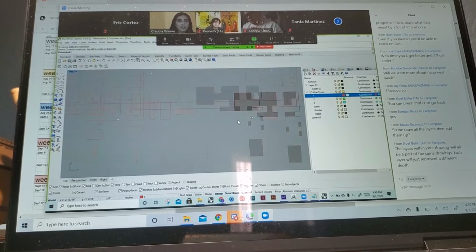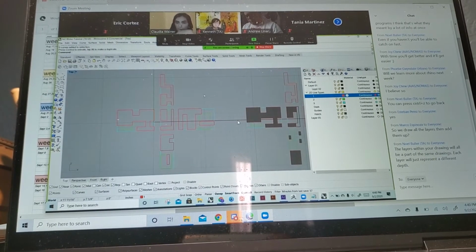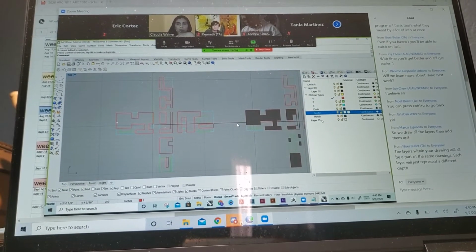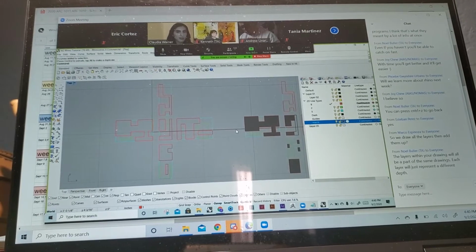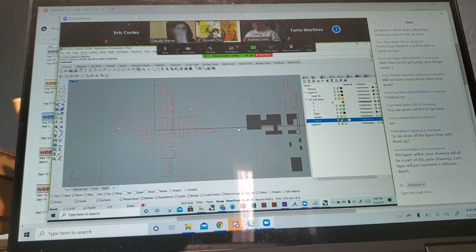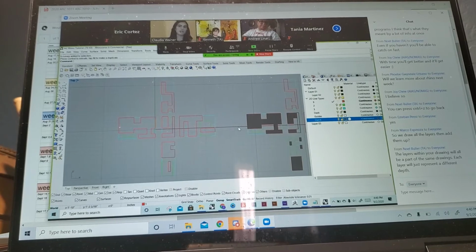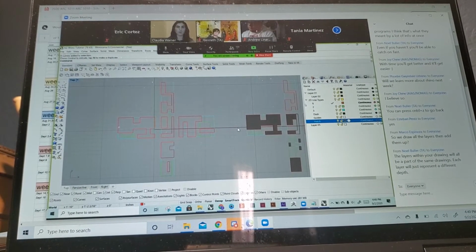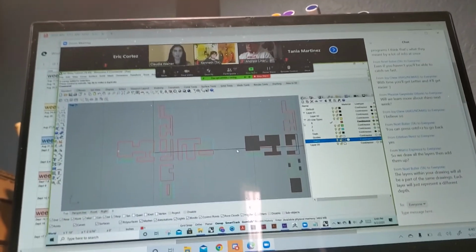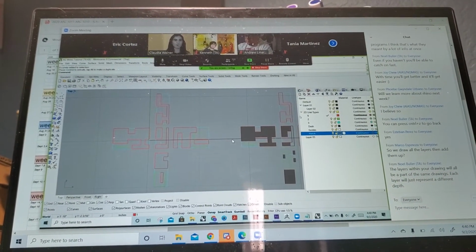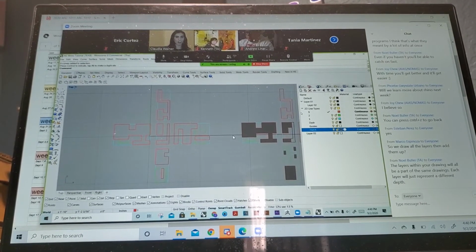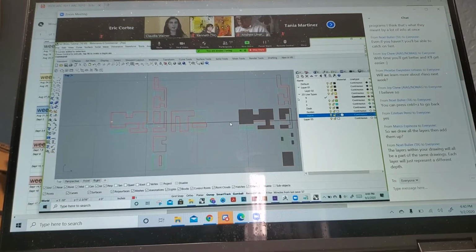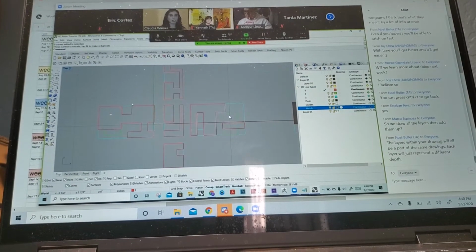So the layers, again, as Noel pointed out, are used to produce depth in the drawings, but that's one aspect of it. These layers are also being used to organize. So we're using the layers to organize and to produce line weights for drawings later on. You don't have to make the line weights yet because we're not going to get there, but you need to organize your drawing properly. So whatever is for the elevations, whatever is